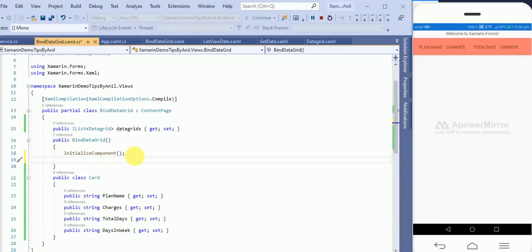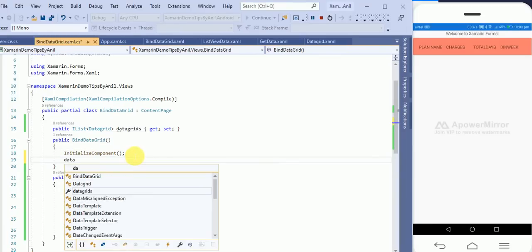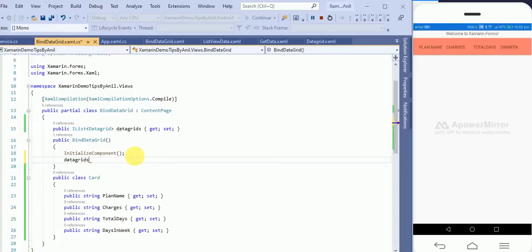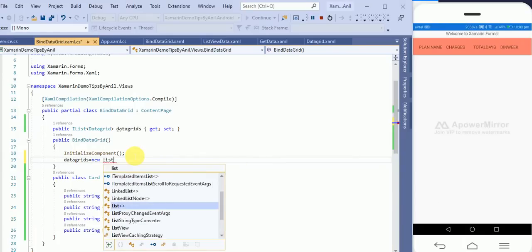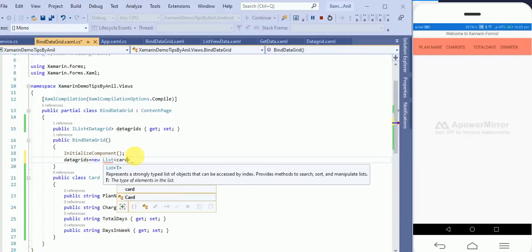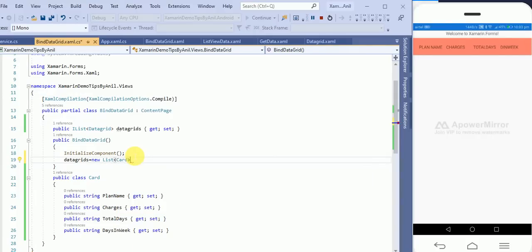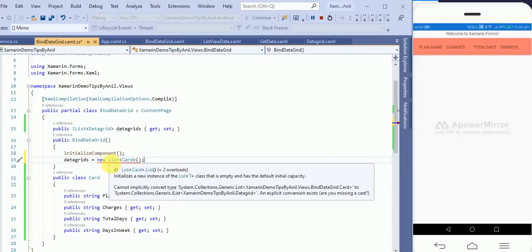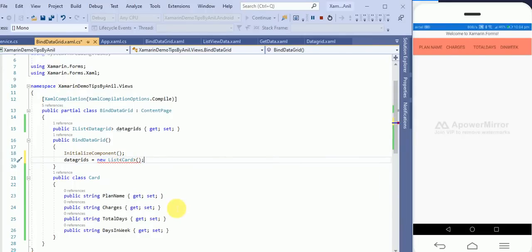Now again, DataGrid equals new List. Here we will pass the class name. Like this, DataGrid equals new List, but here we actually have to pass the class name, Card.